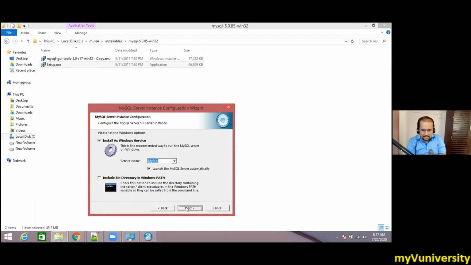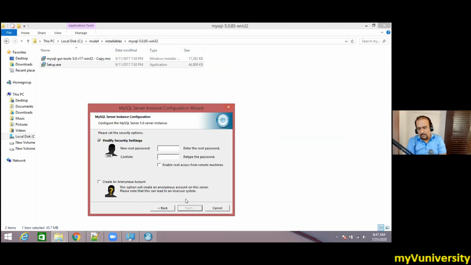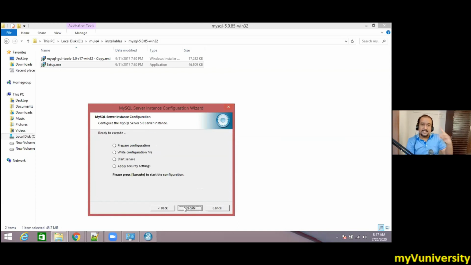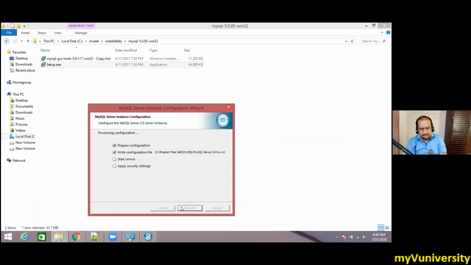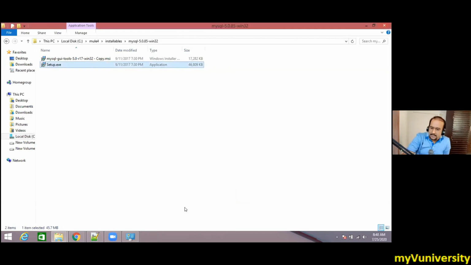Yes, very good. Now you get this new root password screen, right? Yes, complete that, no problem. So put it in, and we want to see it completed. This screen was not coming earlier; it was saying old password. Now you will see all the steps will be successful, hopefully. Let us see. Let's wait. Apply security settings. Perfect, exactly, sir. It was stuck there earlier. So now it crossed that stage and got successfully installed.